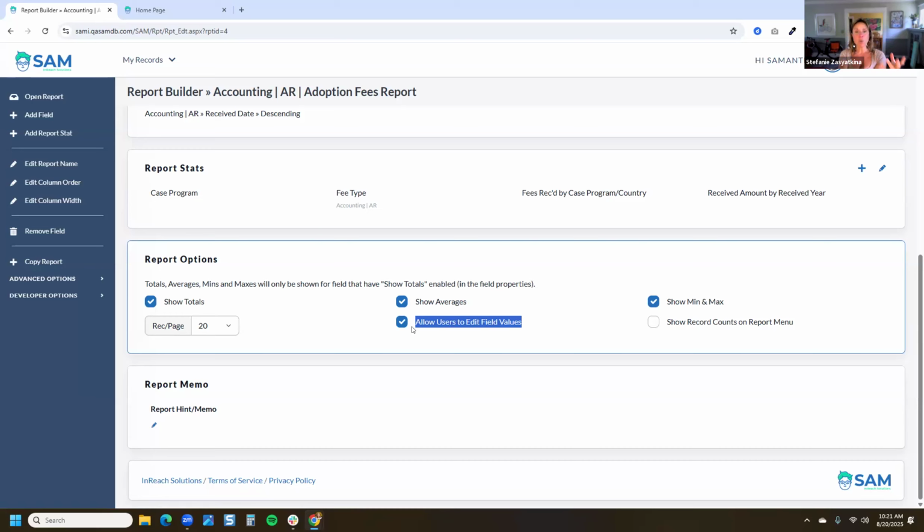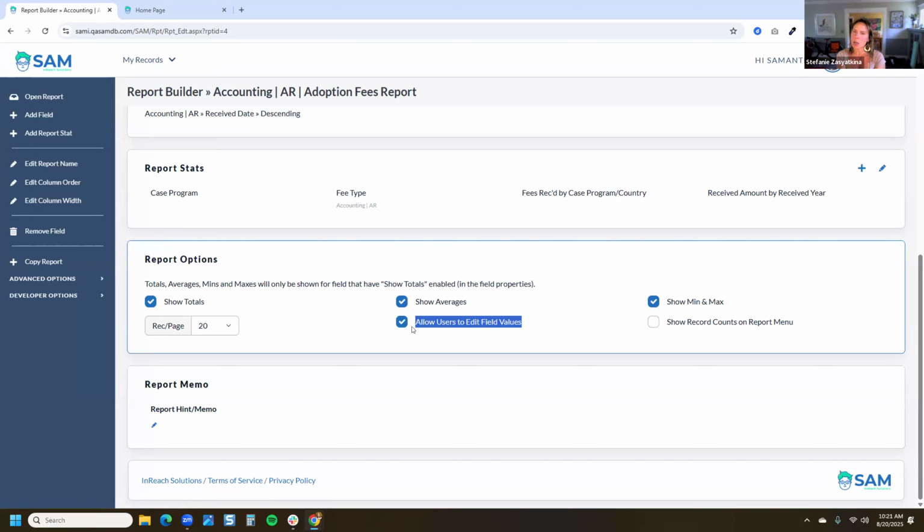But the time where you would be, if someone worked from a report, or if you were going in and auditing a report and you recognize there's a lot of empty data and you want to clean that data up. You might not want to allow users to edit a report if